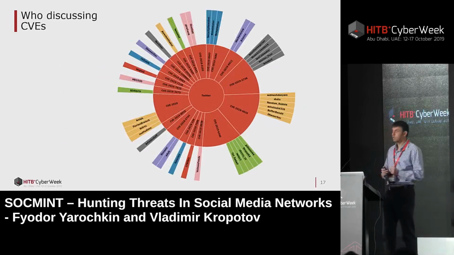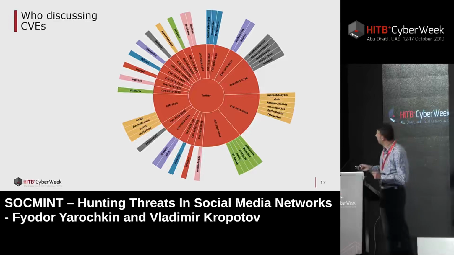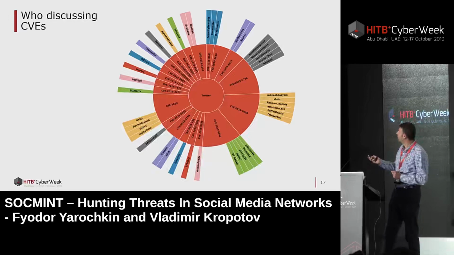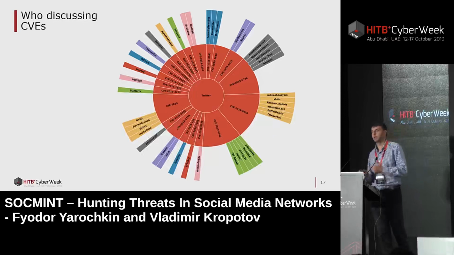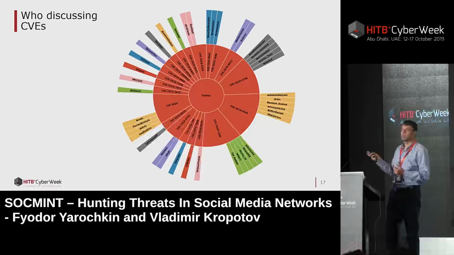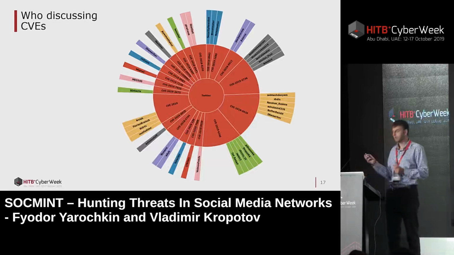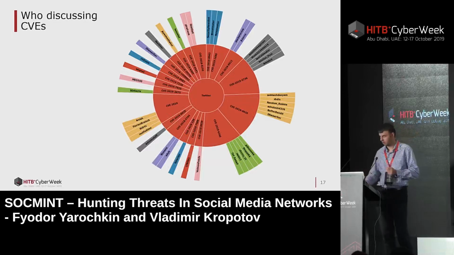Another type of visualization is really interesting. In this case, it's called a sunburst diagram, and we can see which CVEs were discussed with which Twitter handles. So if you have, for example, Linux-based infrastructure, you can filter the list of CVEs related to Linux and find the accounts discussing this topic. The next time you need threat intelligence information related to CVEs which are potentially dangerous for your environment, you can just filter information from particular Twitter handles.